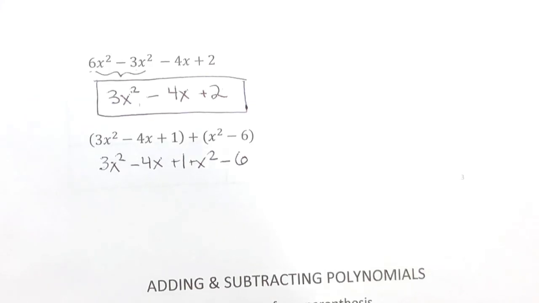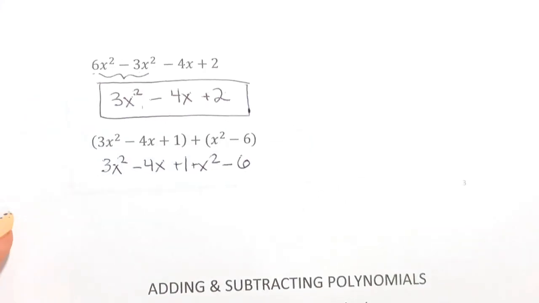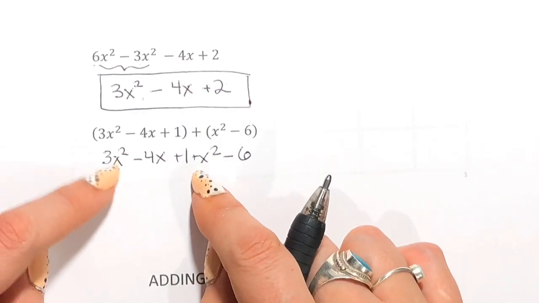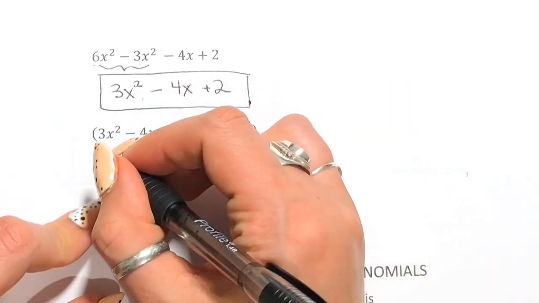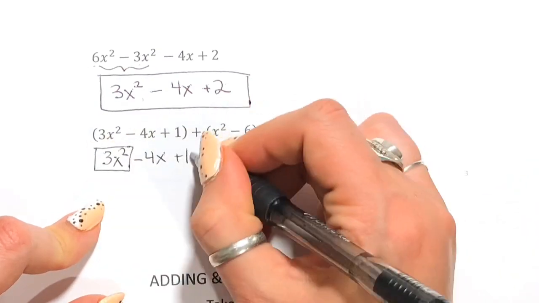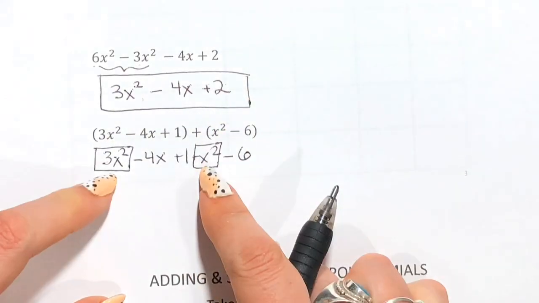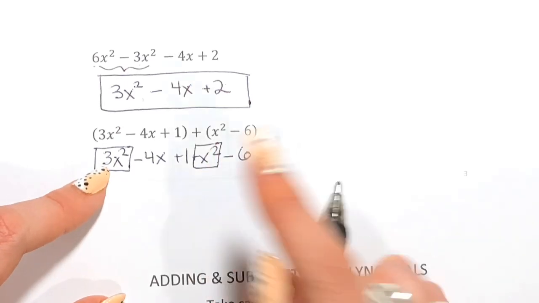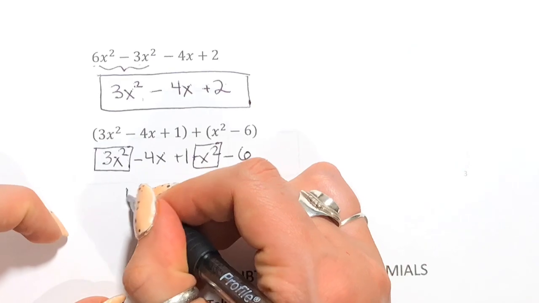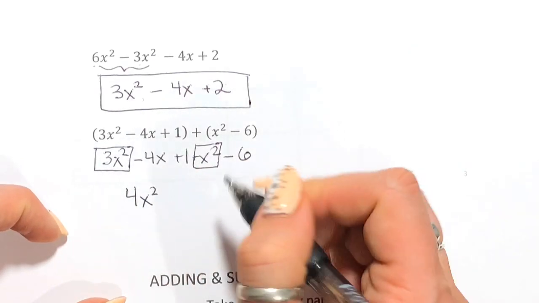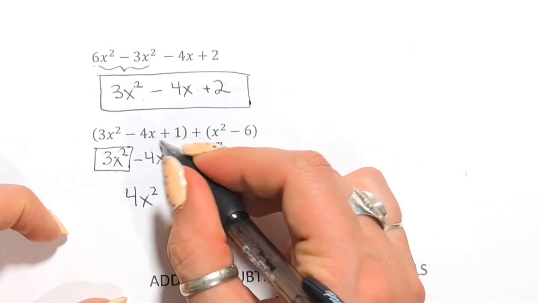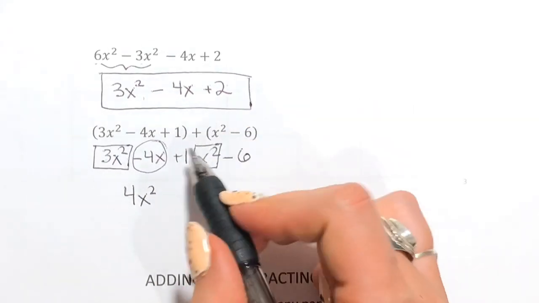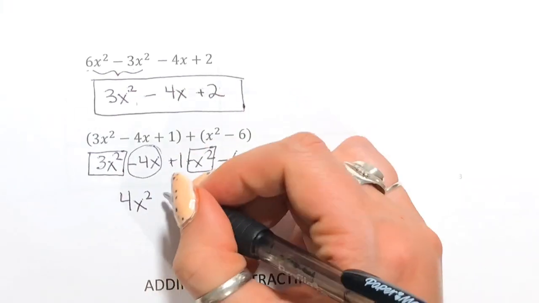And some kids I've seen, if you're a visual learner, you might like this method, but they'll take their like terms. So here's an x squared and an x squared, and they put them in the same shape. So if I have 3x squareds and 1x squared, now I can kind of visually see those need to go together. So 3 plus 1 is 4x squared. And then they would do like the x's next. So let's put those in a circle. So I have a negative 4x in a circle, but then I don't have any other x's. So that's just going to stay a negative